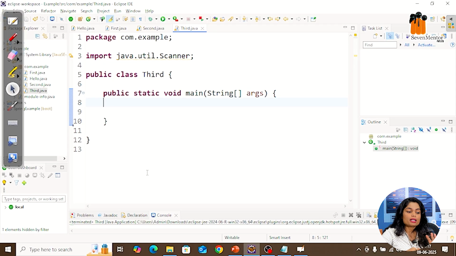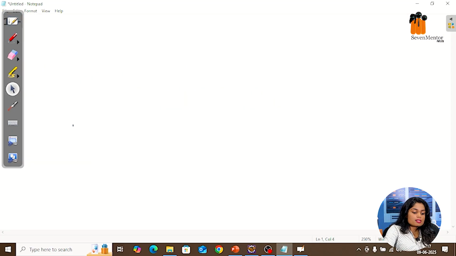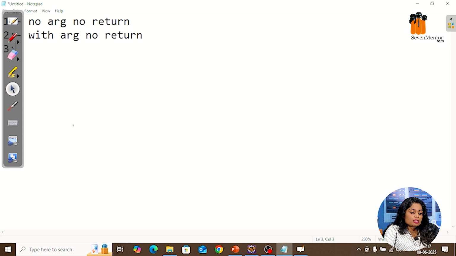Which are the 4 parts? The first part is known as no argument, no return. We are not going to return any value and we are not going to pass any argument, or you can call it a parameter also. The second part is with argument, but there will be no return value. The third type is with return, but there will be no argument.